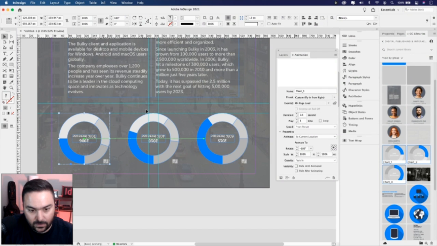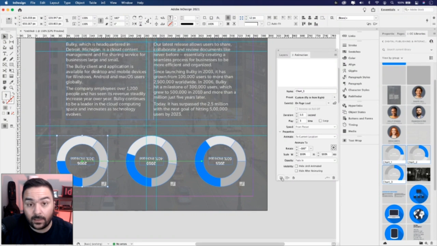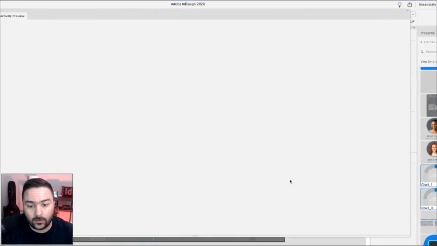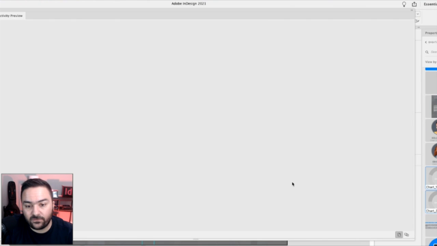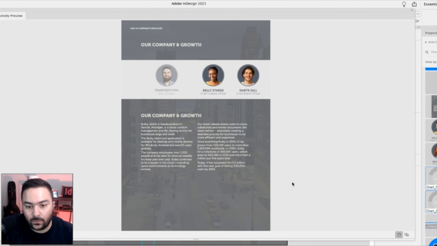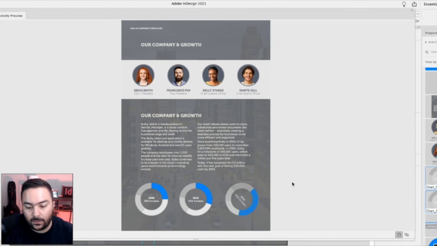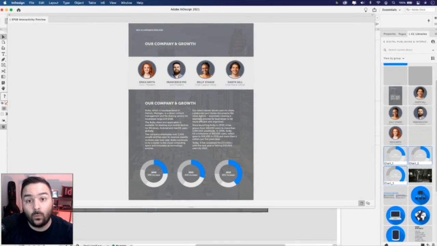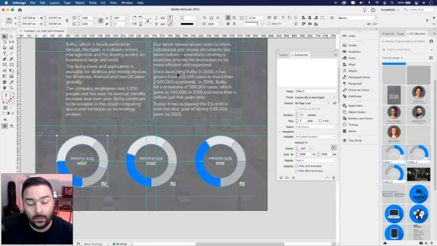Let's go ahead and test it out and see how this looks. I'm going to click on the EPUB preview window. You'll see that the top animation comes in first, just like we set it up, followed by the 3 pie charts. You saw that they came in with a rotation. Basically, we took the 180 rotate and then rotated them back to their original appearance with an animation. So we're going to move on to the next part of the exercise.